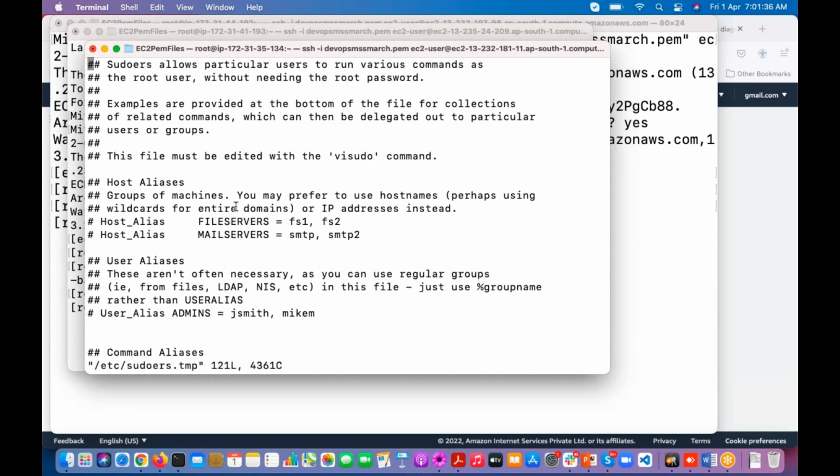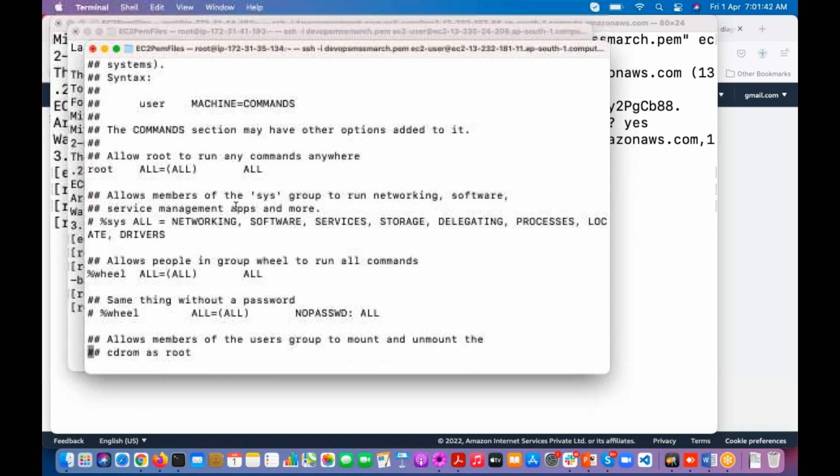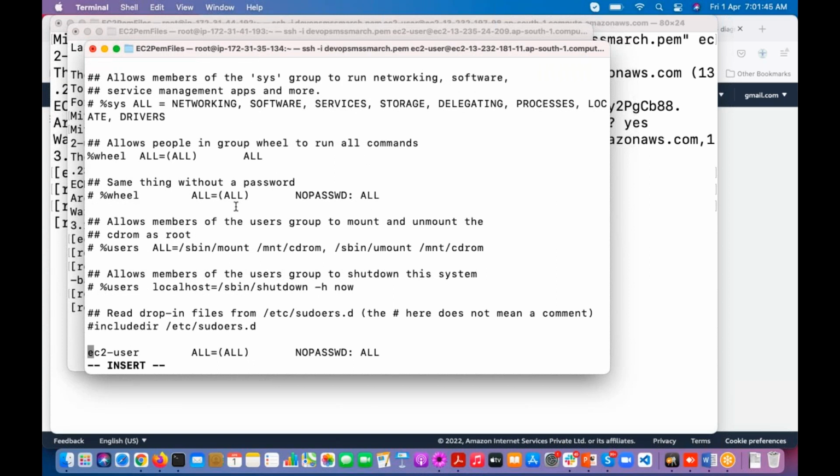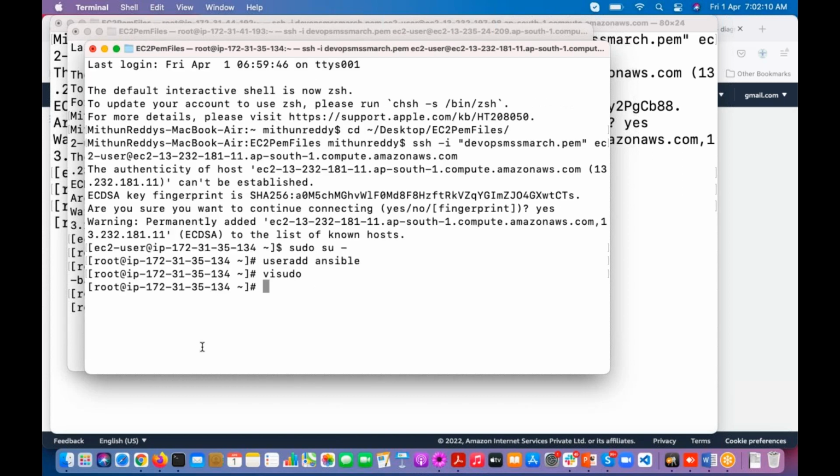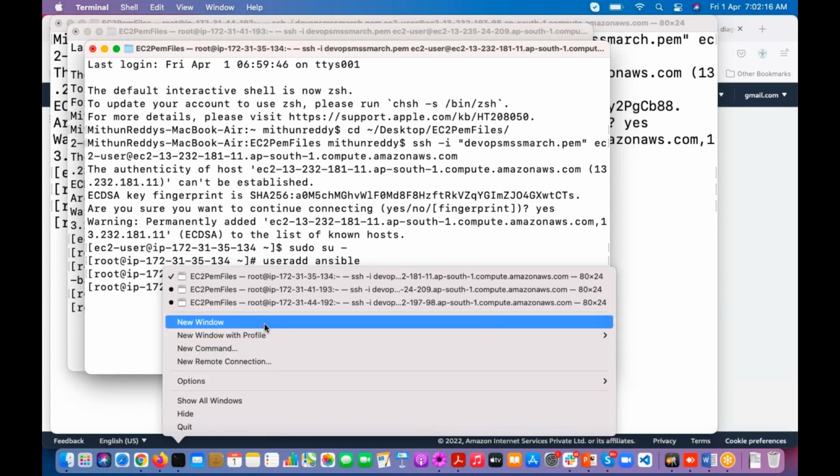So yes, Bobby is asking why we are creating users in the host machine. I will tell you, it is not a mandatory step. But first, when you are a beginner, follow creating the EC2 user. You can use that EC2 user also. It is already there, now one user. That user also you can use. We'll discuss later why we created it. Without creating users also it is possible. Yes, it is possible. So first, you guys don't know anything, right? So when you are learning basics, follow these things. It is not mandatory to create those users in these machines.